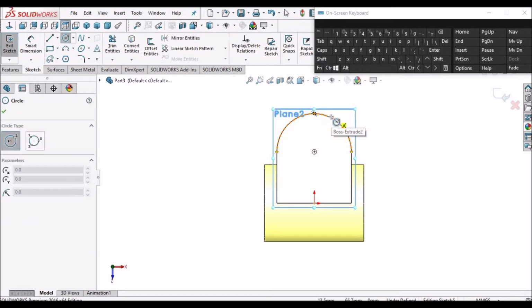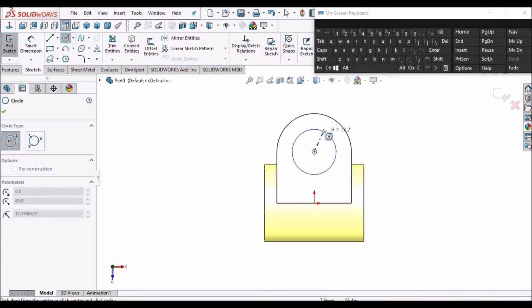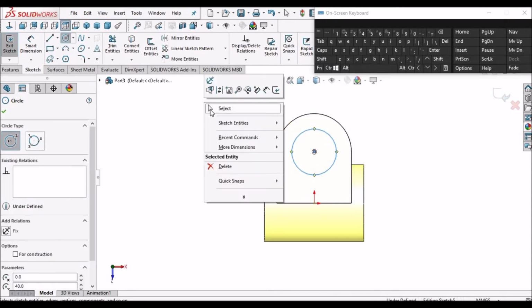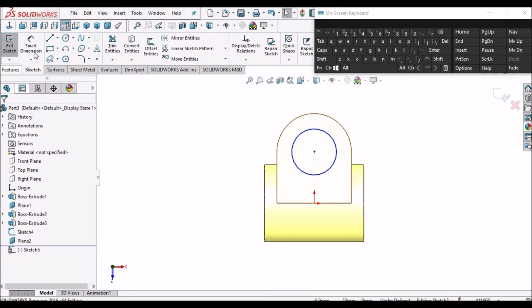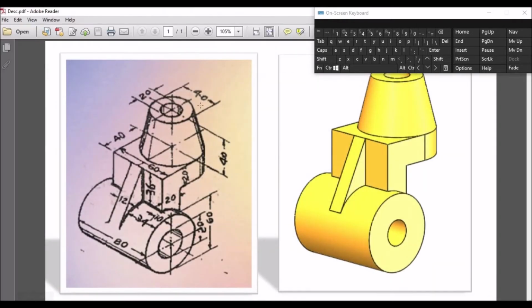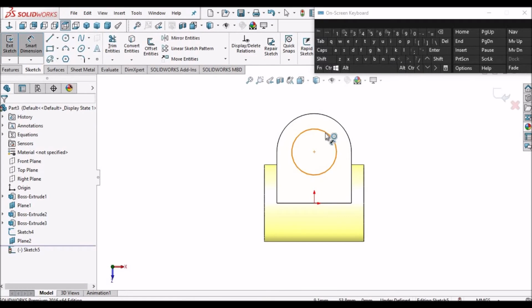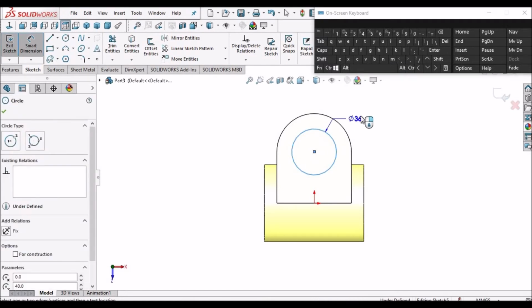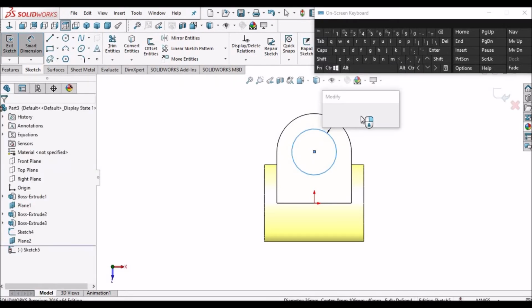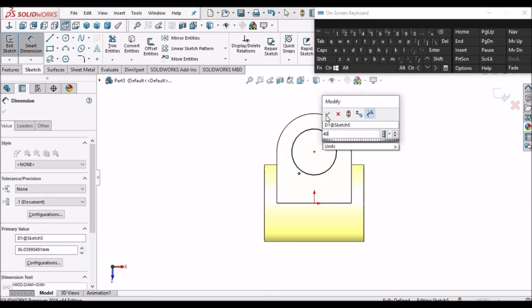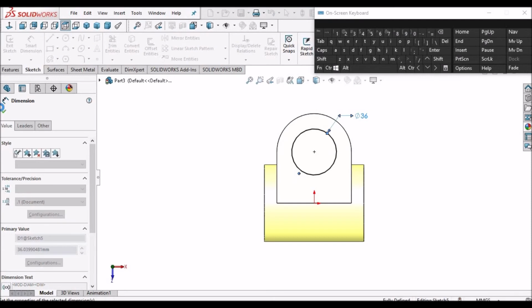Move near to this arc and you can see this center and click, place the circle. See the inner diameter, the tapered smaller diameter is 40. So this is 40. Say okay.